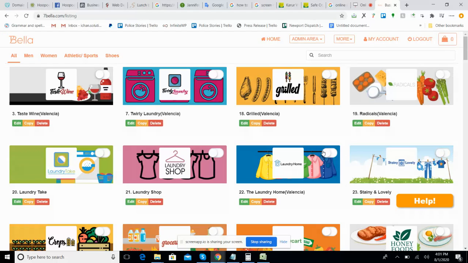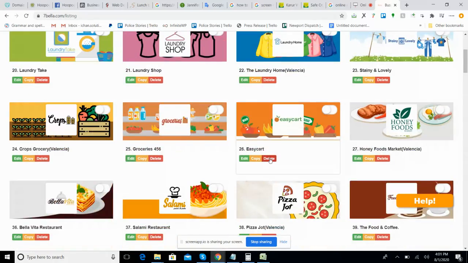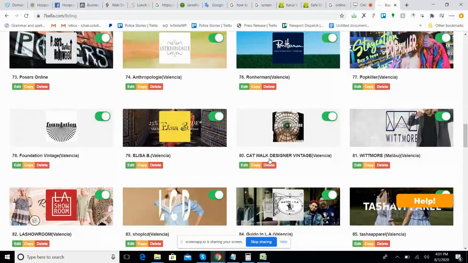So here, for example, if you are going to talk to the store owner, here is how we set up the store and how we normally add the products. I can show you everything here. For example, there are currently listed the stores. So we have a lot of stores.